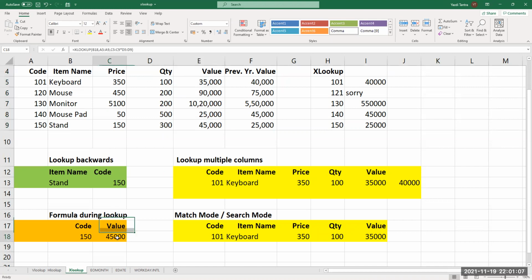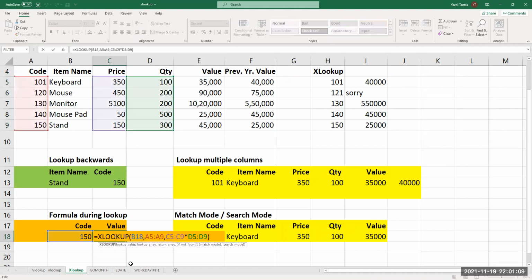So while actually looking up, I can do a multiplication. I'm saying look up B18, that is this particular product code, where I want to look up A5 to A9 here. And then what I want to be returned is C5 to C9 multiplied by D5 to D9. So I am doing a calculation on the fly and I'm getting a result straight away.